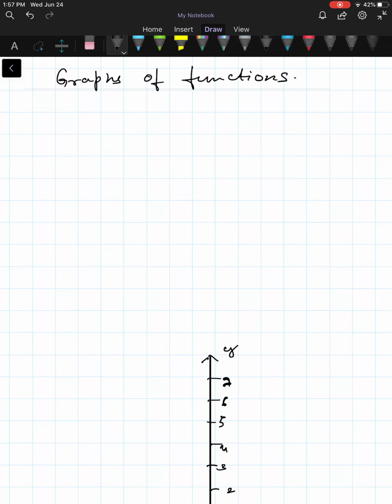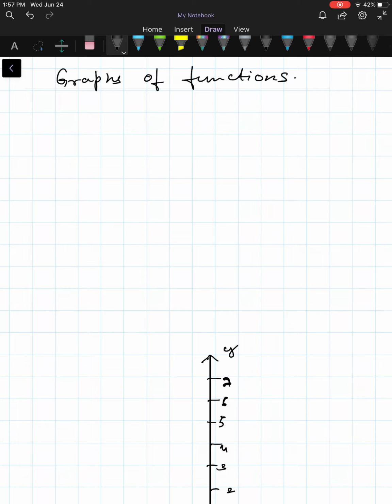Hello students, this video is all about graphs of functions. Here we will learn how to represent a graph as a set. We defined, in the previous video, how to define a graph as a set, and we learned how to sketch it using a table of values: take arbitrary x values, calculate the corresponding functional values, and plot them on the